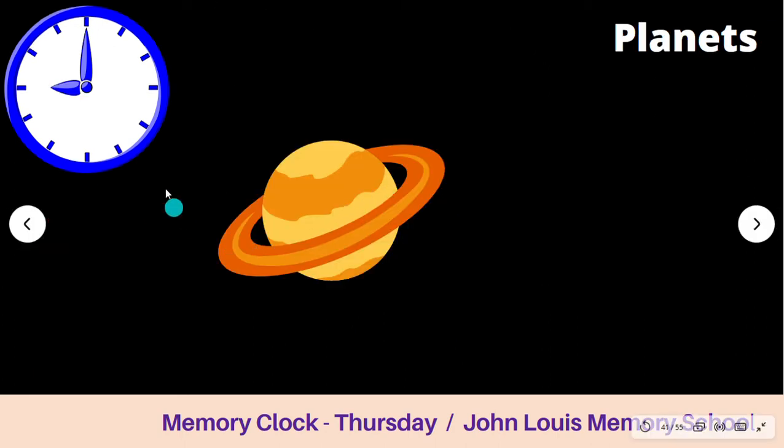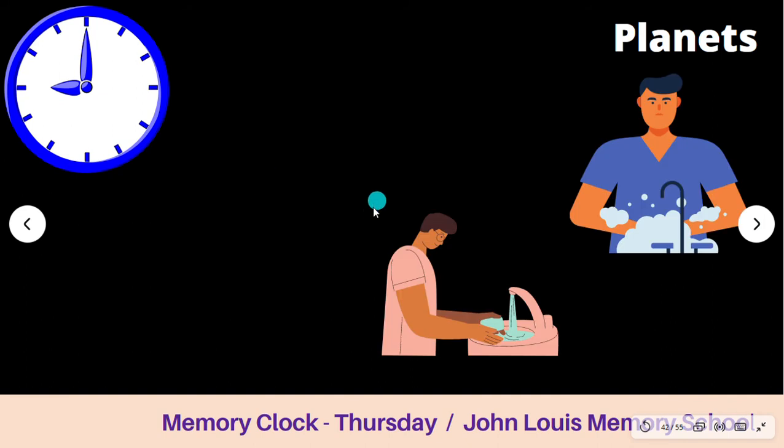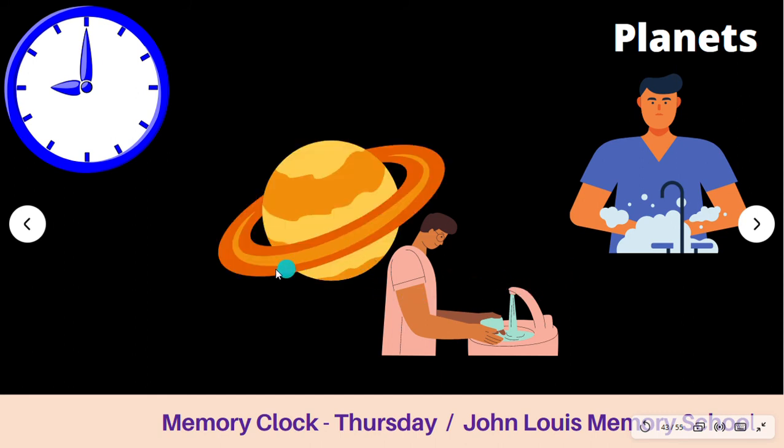Okay, now 9 o'clock, planets. So you are traveling in planets, maybe you are jumping from one planet to another planet, you are enjoying there. Okay, what's the thing you need to do there? Dishwashing. You have to wash your dishes at 9 o'clock. Therefore, how can you imagine it? You are washing your dishes on the planets. Jumping from one planet to another planet, you are doing all the dishwashing there. Hope you have visualized it and it's fun to you and you are enjoying visualizing it.